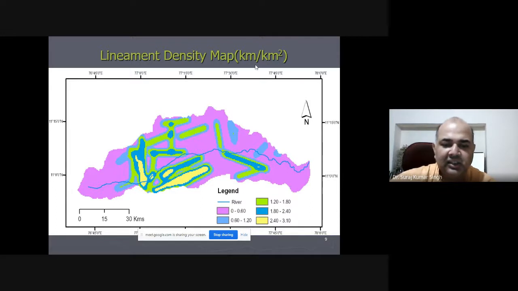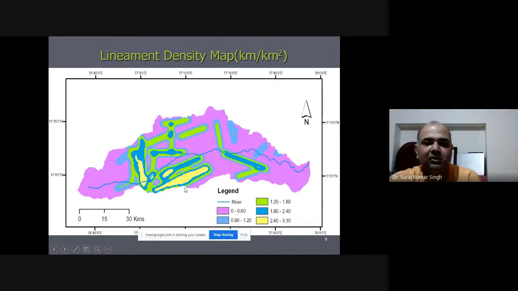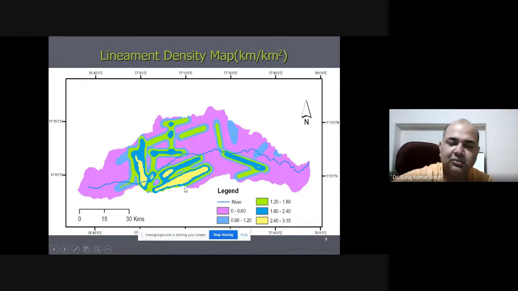where you can see different ranges coming up with respect to lineament. So the higher the value, the more that area has the possibility of recharge. You can see that this is a hard rock terrain, and once you have created a map, the symbology or legend indicates which terrain they belong to, whether they belong to a high recharge zone or a low recharge zone, which areas are going to have high recharge and which are going to have low recharge.